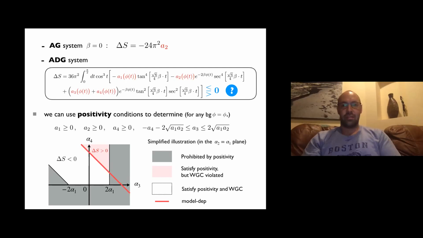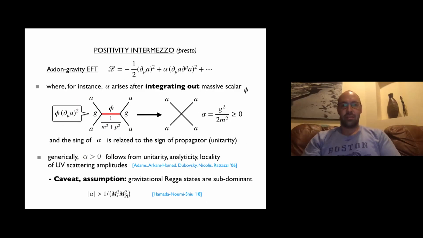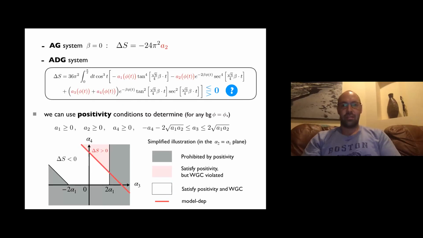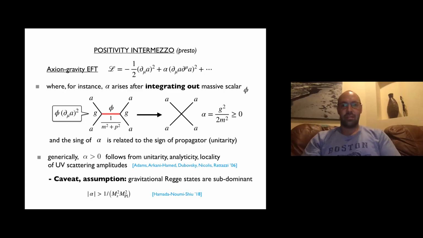This is a region where positivity is satisfied, but the weak gravity conjecture is violated. And this region is a model-dependent region because it really depends on the specific form of this coefficient, which depends on phi. So before telling you how to fix this, how to include any UV ingredient in order to prove the weak gravity conjecture in this case, let me just tell you